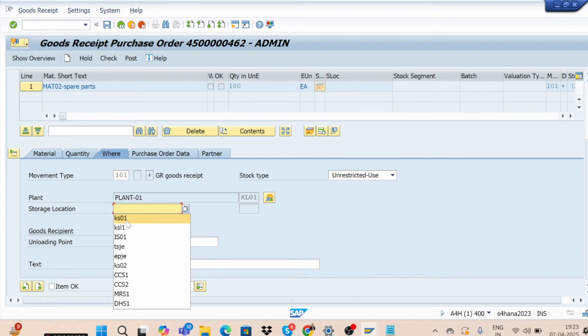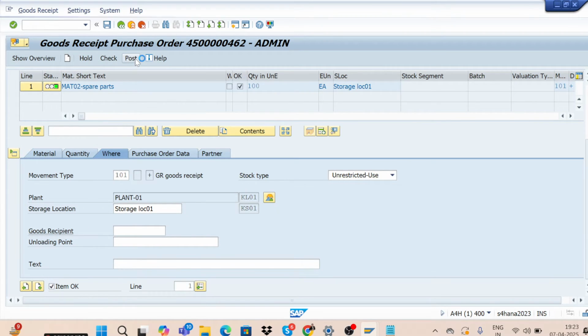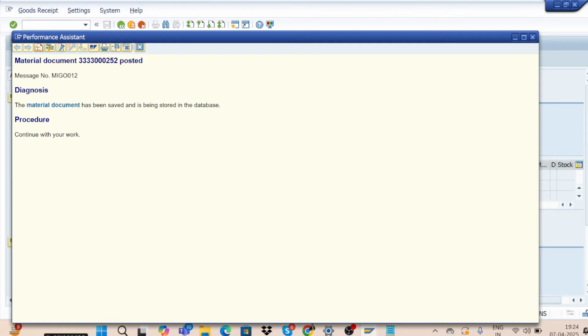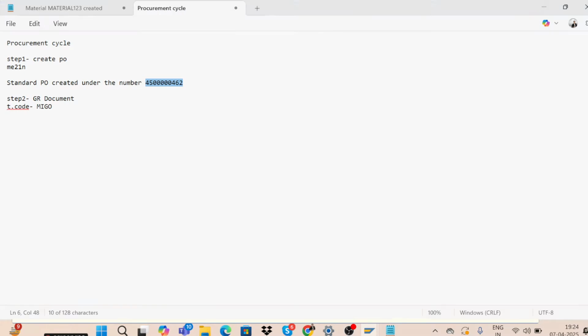My storage location is this one. Let me click on item OK. Check it and post it. So this is posted. Now let me copy this document number and paste it here.